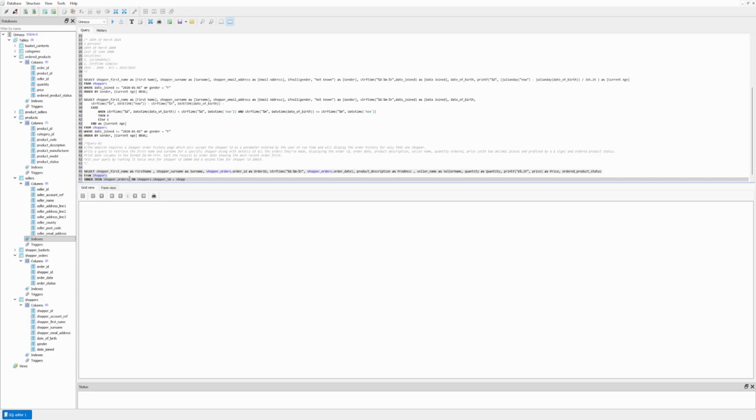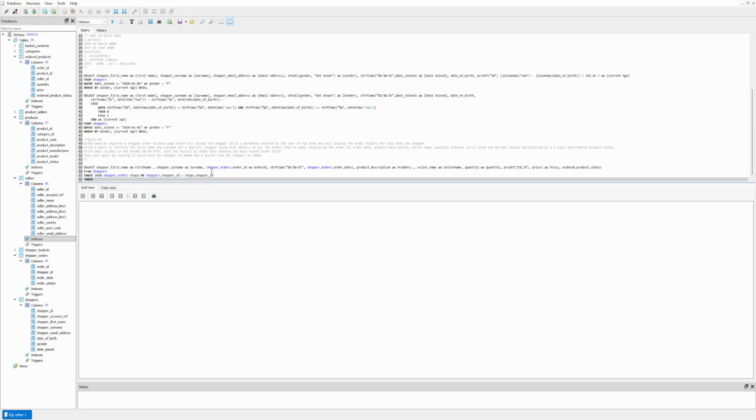Let's use shop O alias to make it easier. Shopper ID, right? So we're saying